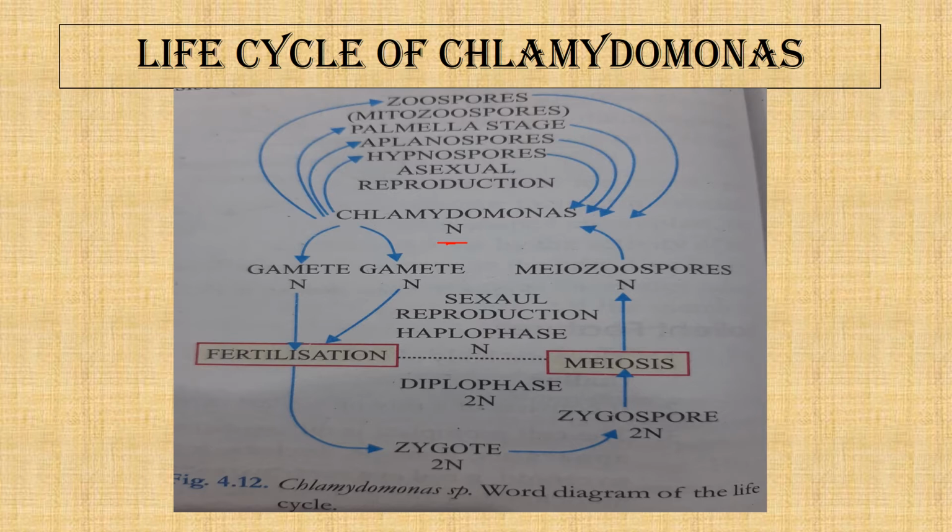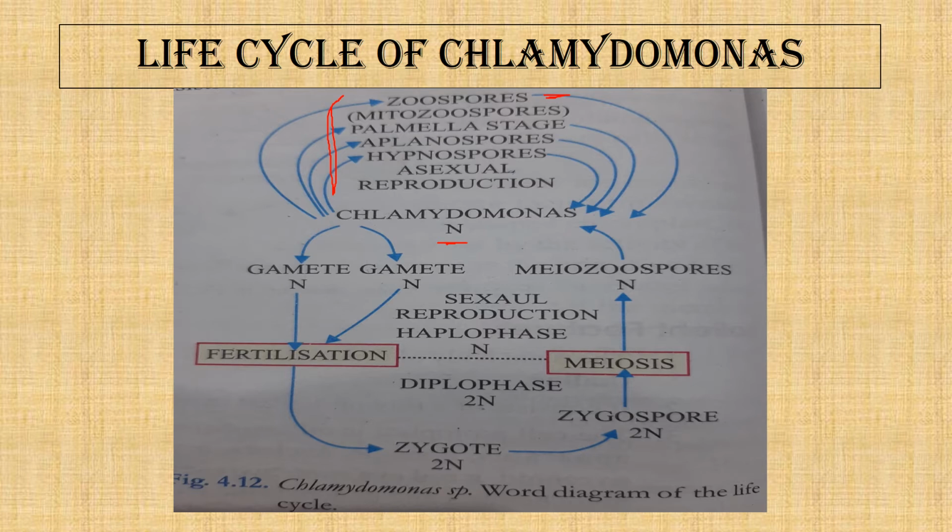Otherwise, in full sunlight intensity, when they can abundantly photosynthesize and grow, they follow the asexual mode of reproduction. The first is the zoospores. Zoospores are produced by the normal cell, and from one cell, usually 8 zoospores are produced by successive bipartition of a Chlamydomonas parent. Once 8 zoospores are produced, they are released, especially during the evening time.